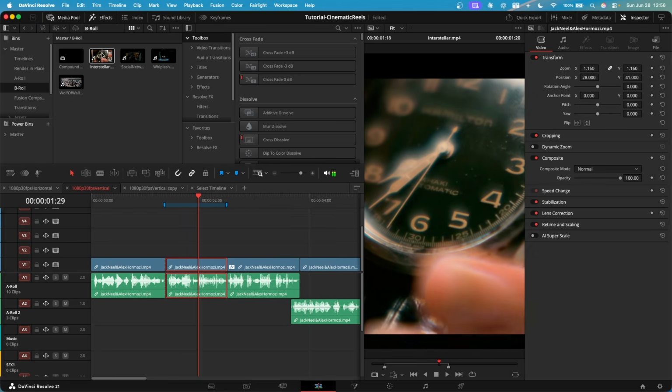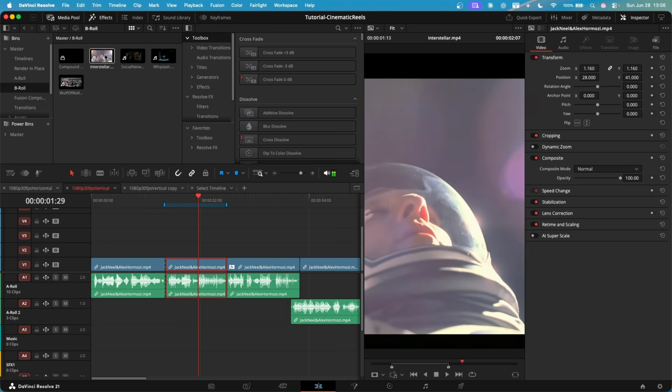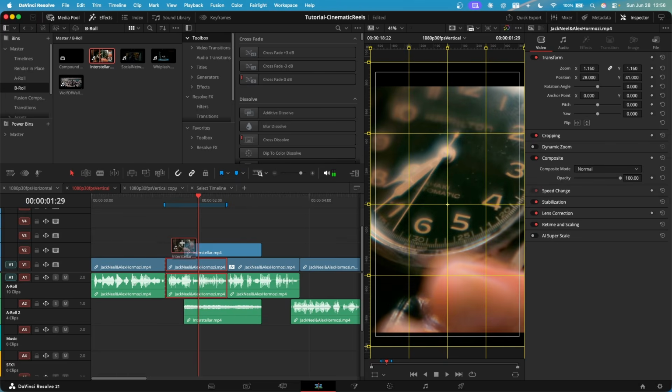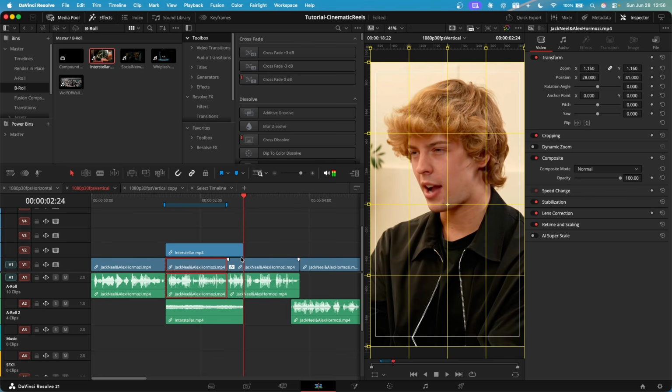But you can actually do it in media pool by just scrubbing through the whole footage here, placing your playhead where you want it to start. Now press I on your keyboard, and then where you want it to end, let's say here, and press O. And now just normally bring it to your timeline, and here you have only this certain part of clip that